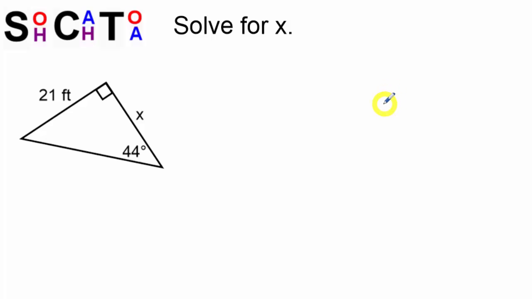In this problem, we are being asked to solve for x. I can tell that this particular problem is a trigonometry problem because in the diagram, there are measurements on both the sides of the triangle and in the angles of the triangle. For example, this corner right here, 44 degrees, is an angle, and the 21 feet and the x are sides of the triangle. If your diagram includes both angle measurements and side measurements, that's an indication that you're doing a